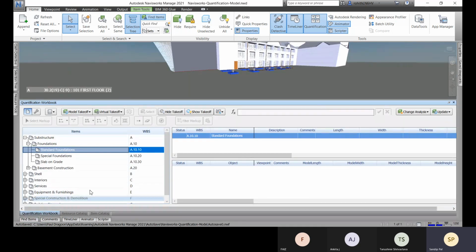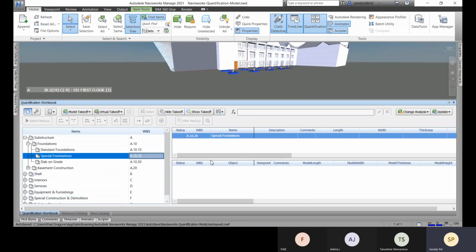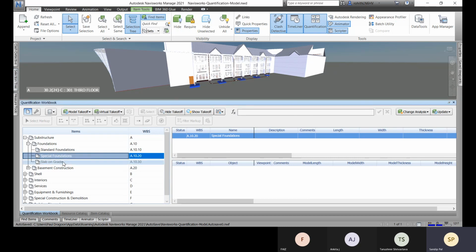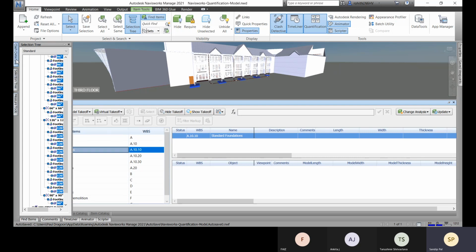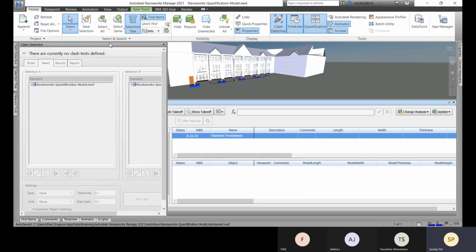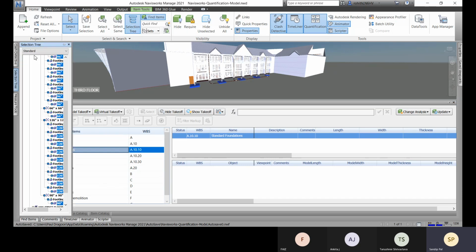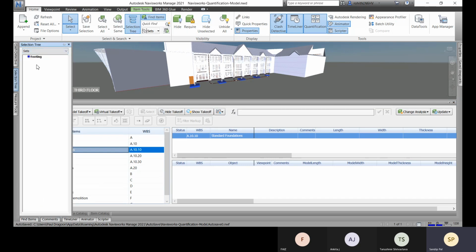Just let me increase this. I should be getting it. What is wrong with this? This is the set, drag it over there.